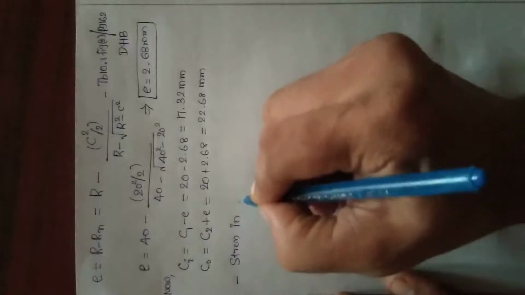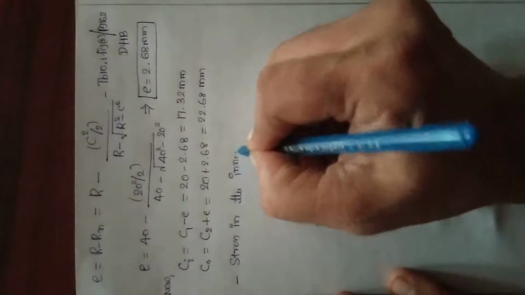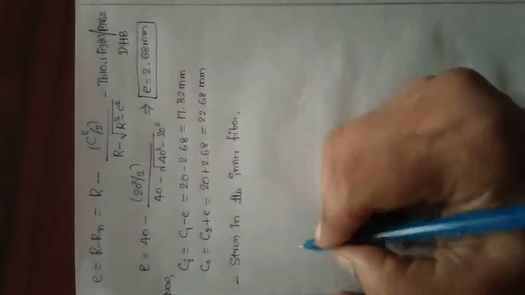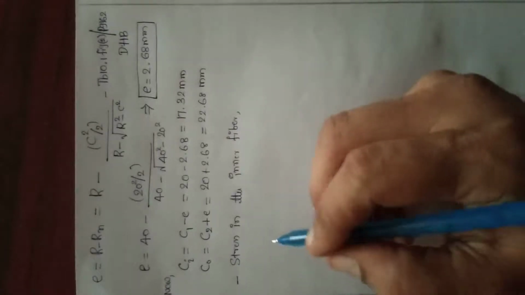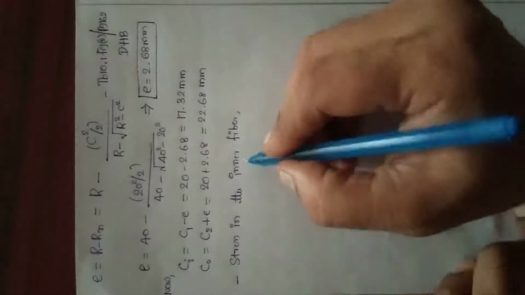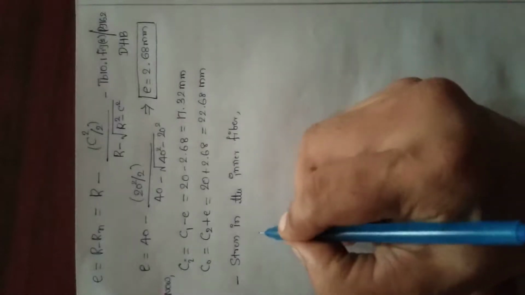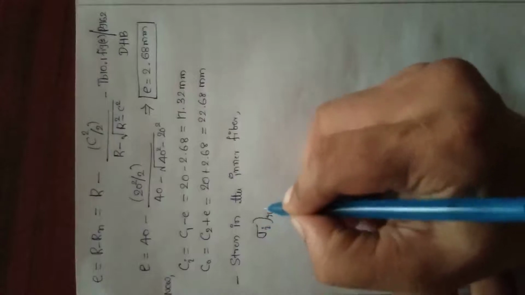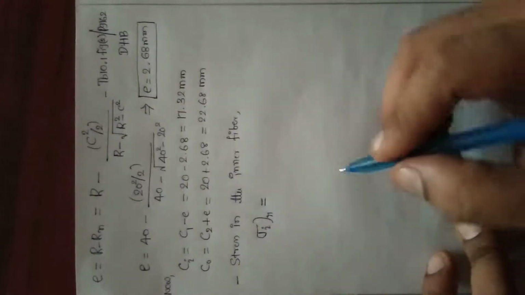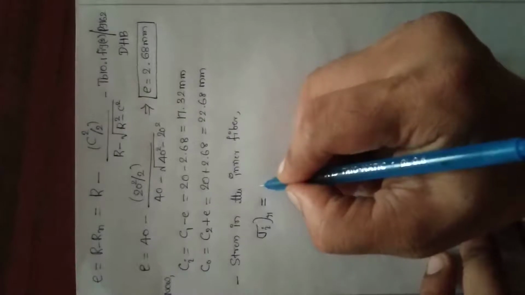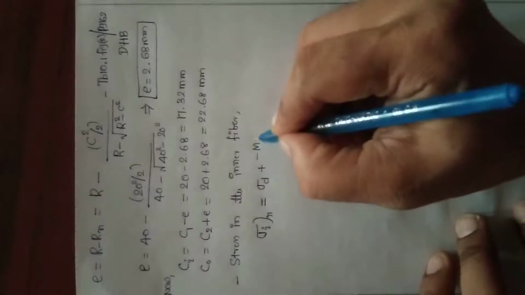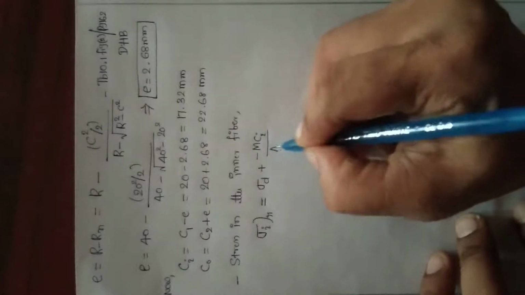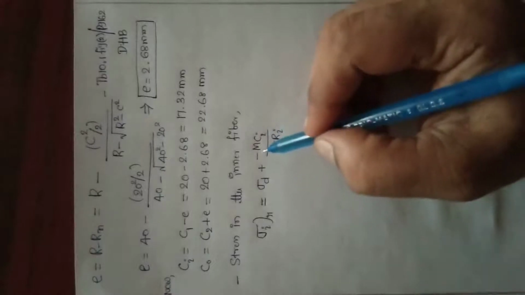So, the stresses in the inner fiber. In step 2 we would have done the direct stresses, but I didn't do that there. So directly, for the stresses in the inner fiber, I will write the bending stresses here. The direct formula: sigma I total is equal to, it is a combined stress. I can call it a resultant stress also. It is a combination of direct and moment stresses. So sigma D plus or minus M Ci by A E R i.